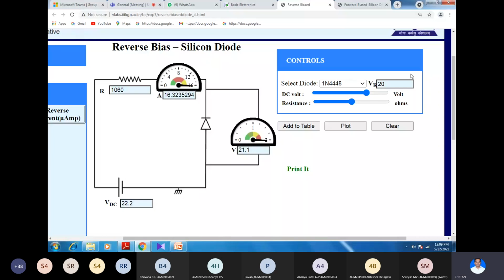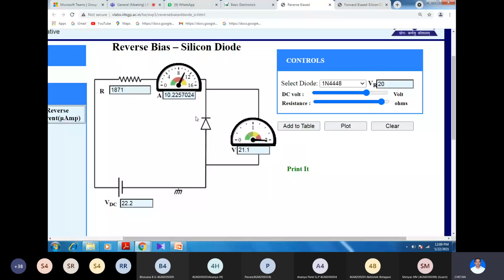And one more important point, what we have discussed in the PPT is, this resistance can limit the flow of current. Till now we have kept a constant value for this resistance. Now if I increase this resistance value, see here the current is coming down, right? Still if I increase, it will come down to 11, right? Like this, even in reverse breakdown, reverse biased condition, you can control the flow of current by increasing the resistance. So this resistance in turn will protect the diode in the reverse biased condition, right?